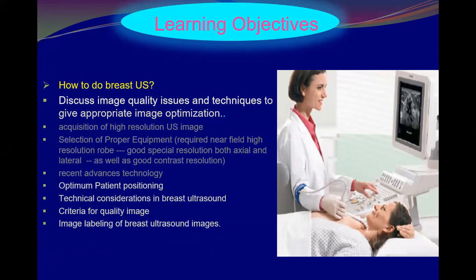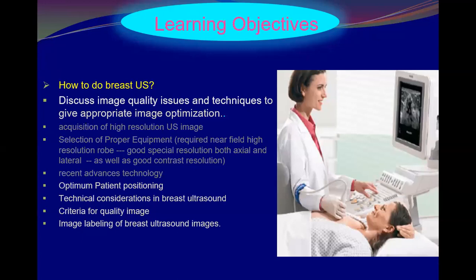We said that we require a near field high resolution probe. We need good spatial resolution, both axial and lateral, as well as the ultrasound system having good contrast resolution. And we went through recent advances in technology